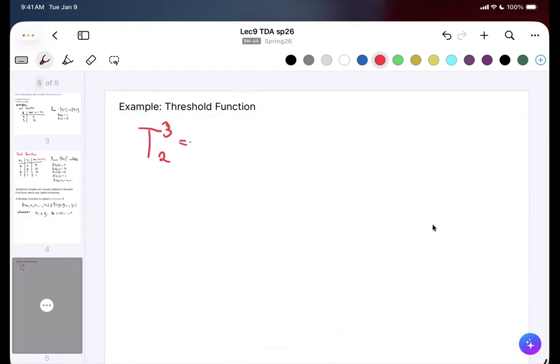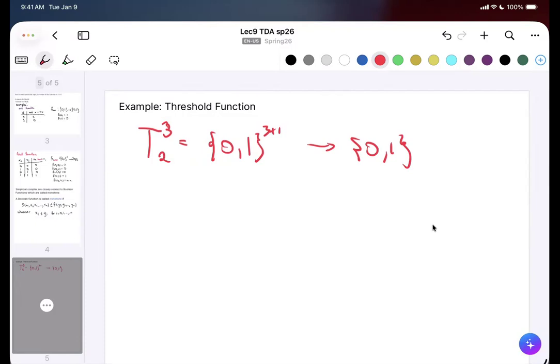So it's going to be defined on {0,1}^(3+1) to {0,1}. It's a Boolean function that goes from 4 copies of {0,1} to {0,1},